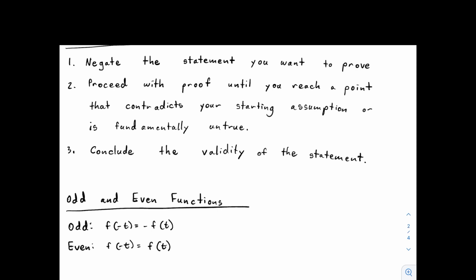And as a reminder, we define odd functions as follows: if you were to plug in a negative value for your variable, whether it be x, t, or any other variable, you would get negative f of t. If a function is even, then f of negative t, in this example, gives you back your original function. So tying it back to our particular example,